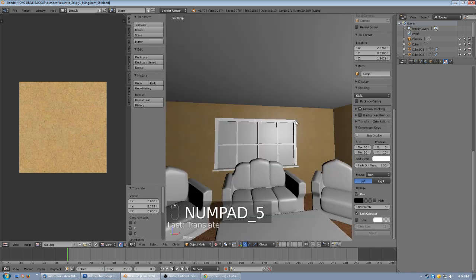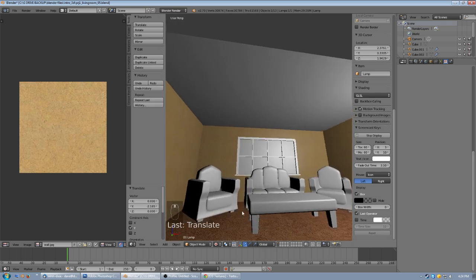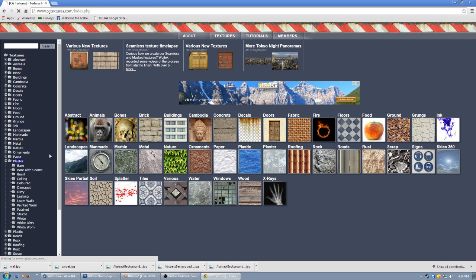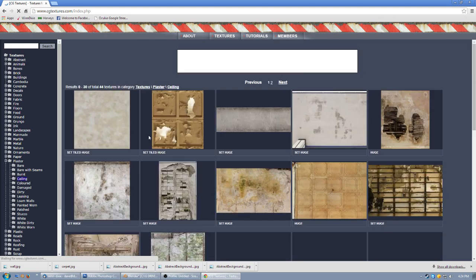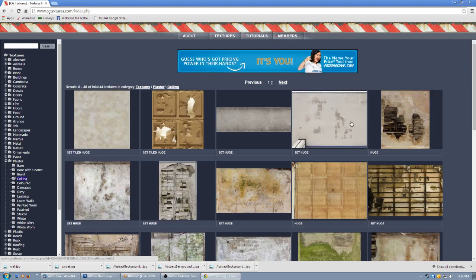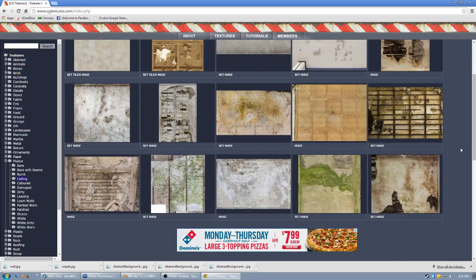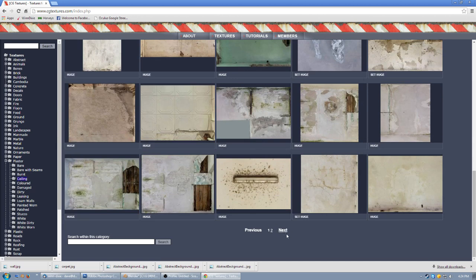Okay, so let's go back to our perspective view, 5 on the numpad, and let's go ahead and start working on the ceiling. Now, we need a texture for that, so let's jump back to cgtextures.com. My internet seems to be working again now. So we'll go to Plaster, and now we'll say Ceiling. Choose the ceiling there. And load this up, and there's a bunch of different dirty ceilings, like if you're creating an abandoned house or something, like a haunted house maybe, or just a cheap apartment that's kind of dilapidated. You got plenty of textures for that, but we're kind of working on just a clean looking